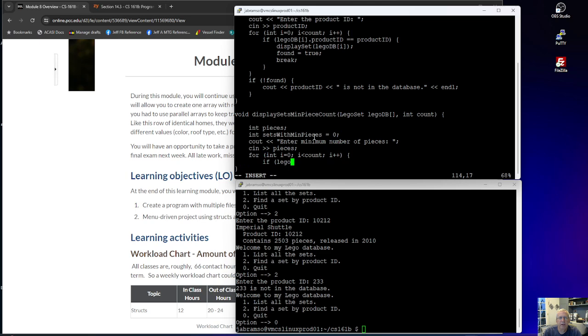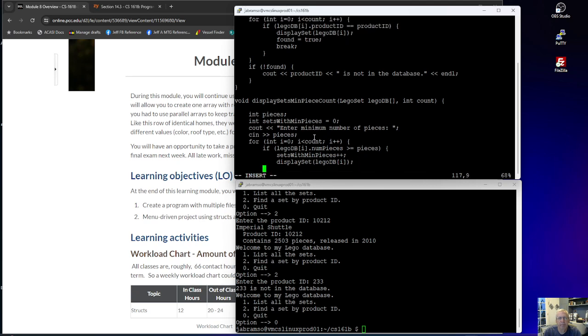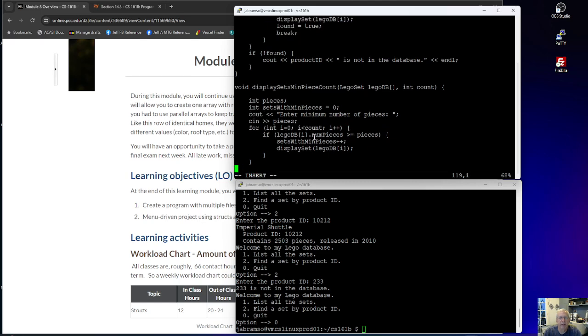I'm going to say if, oh, we got our pieces. So we're going to say if Lego DB num pieces is greater than or equal to pieces, then we're going to increment our sets with minimum pieces, and we are going to display the set. And then we can say found